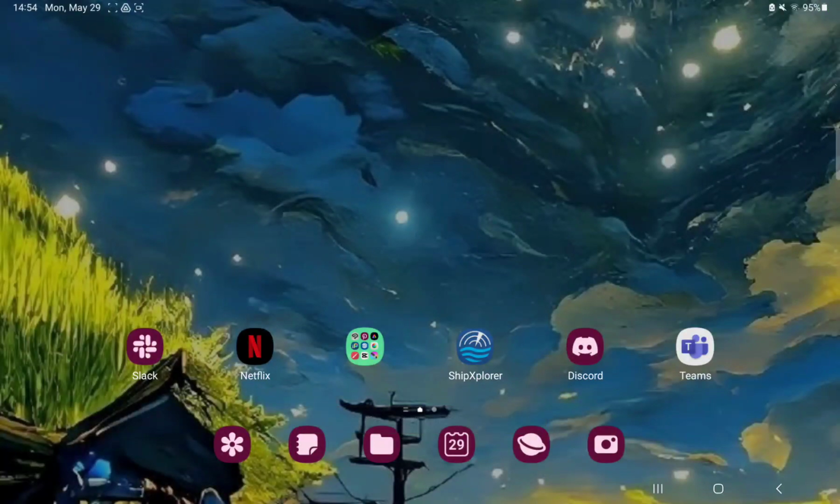Hello guys, in this video I'm going to show you how to enable the display of port icons on the